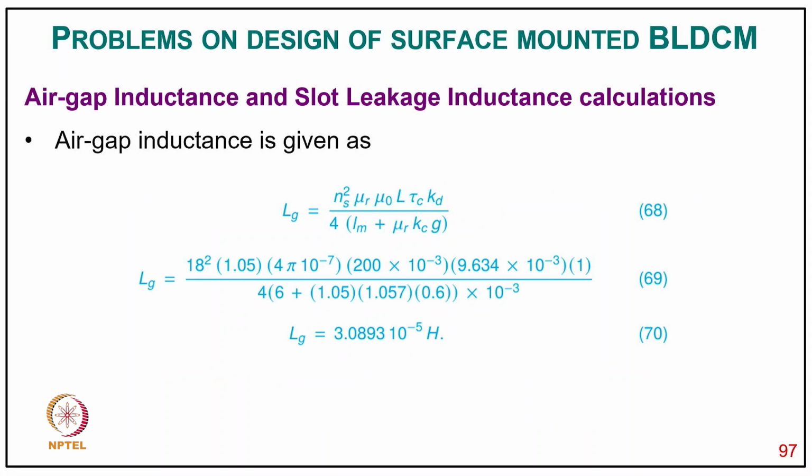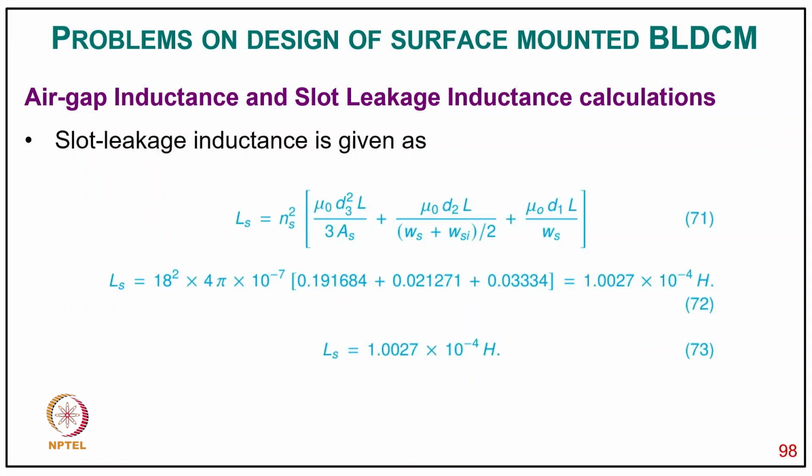then the air gap inductance is LG equal to mu S NSC square mu R mu 0 L tau C KD divided by 4 in bracket LM plus K mu KC into KG, putting value it comes LG equal to 3.0893 10 power minus 5 Henry, and then the slot leakage inductance LS equal to NSC square in bracket mu 0 D3 cube L upon 3S plus mu 0 D2 L divided by WS plus WS by 2 plus mu 0 D1 L divided by WS, and putting values it comes LS equal to 1.00727 into 10 power